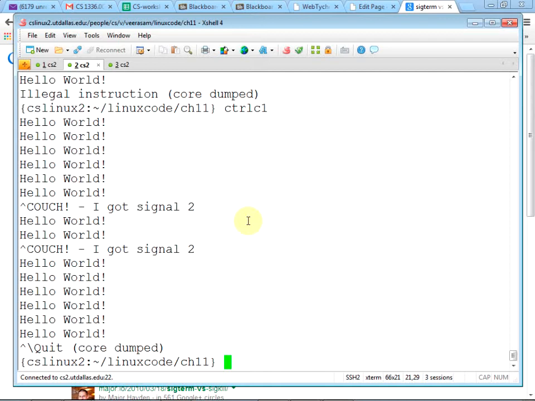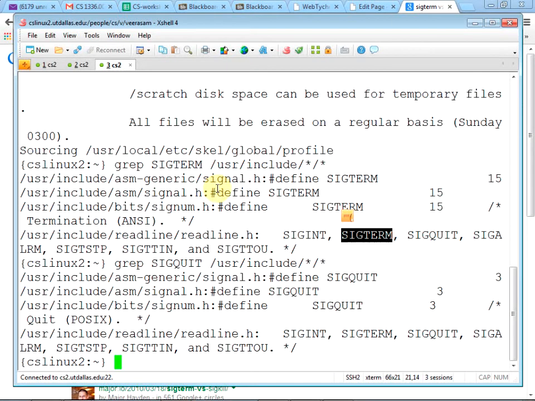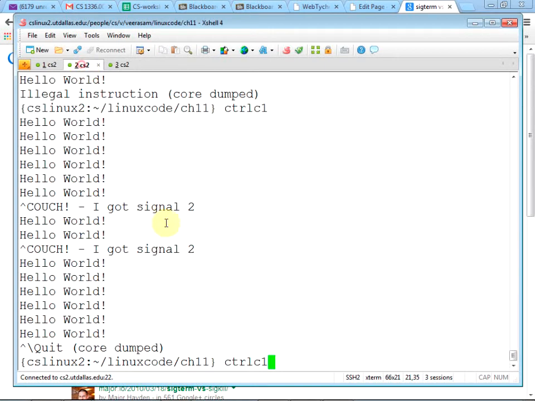Is SIGQUIT equivalent to -9, you think? Yeah, let's try SIGQUIT. If it's 9, SIGQUIT is 3. So see, we didn't catch 3, so we can try catching it.